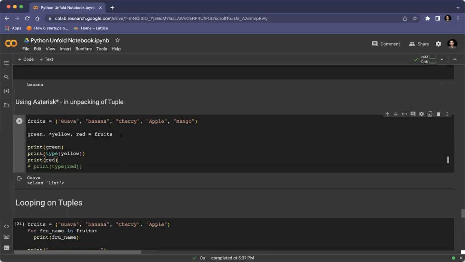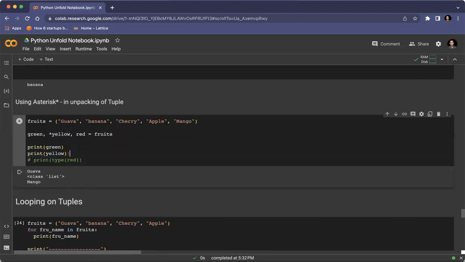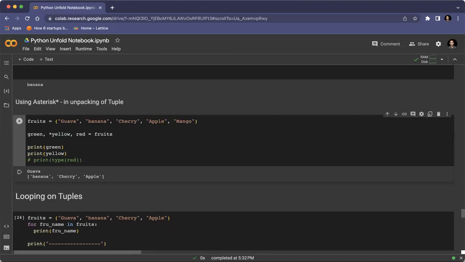One more type of unpacking you can see. Look, here 1, 2, 3, 4, 5 items are here, but you have made one variable, then a star variable, then three variables, but you have 5 items. You try to do this. Let's see. In green, you receive guava, which makes sense. What is the type of yellow? If you see, the yellow type is list. While unpacking a tuple, if you provide fewer variables, it will assign the extra values as a list. Yellow will receive 3 items as a list: banana, cherry, apple,